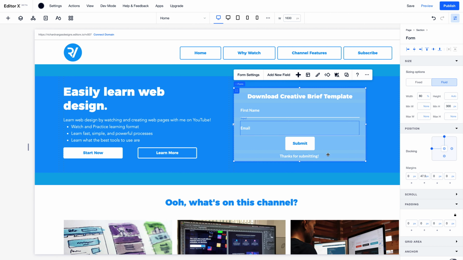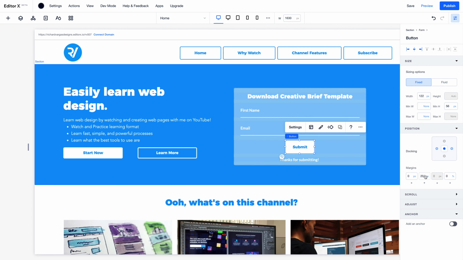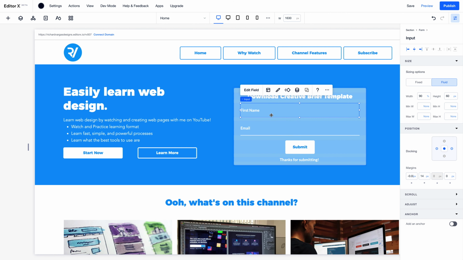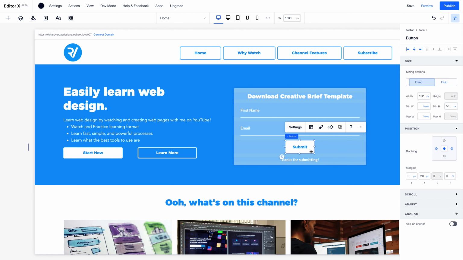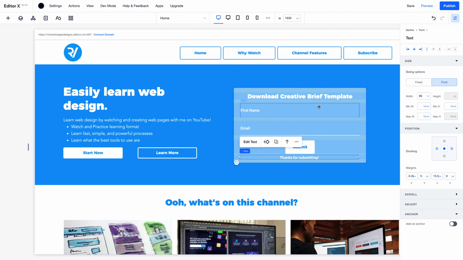select the form, and here I want to add a little negative space right here, so I'm going to go ahead and bring this up to 20 pixels top margin. It says a 14 pixel, 14, yeah, I like 20 there. And then I'm going to, actually, let's bring this top margin for the thanks for submitting. I want to bring this to maybe about a 5. There we go. Now I'm going to select on the form